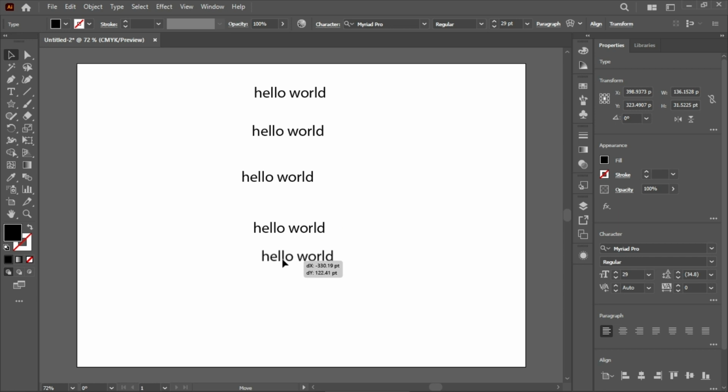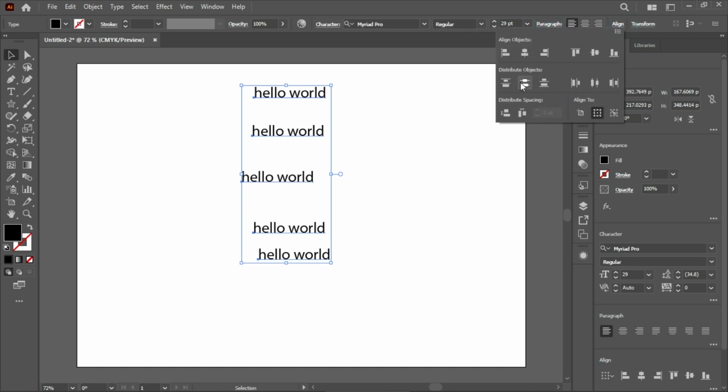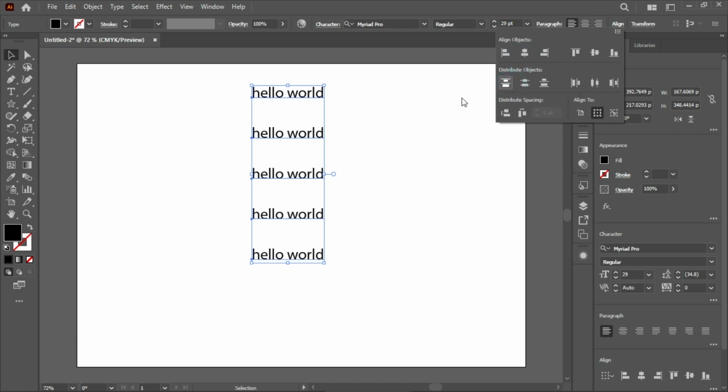Select the whole section of words. I go to align, and then now I will distribute the objects to the top. Okay, now after you do that, you can see that, let me first center align them. Now after I do that, you can see that all the words are aligned in a certain space according to the first word, space between these two words. Okay,